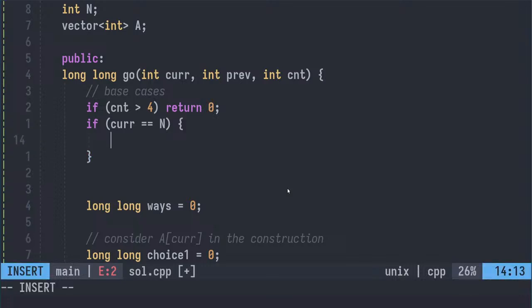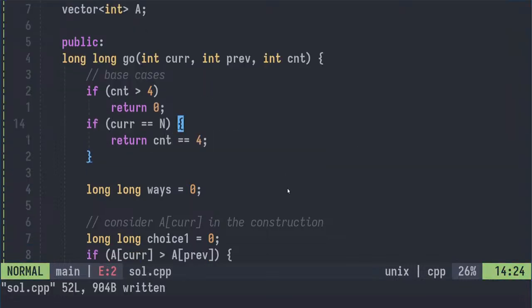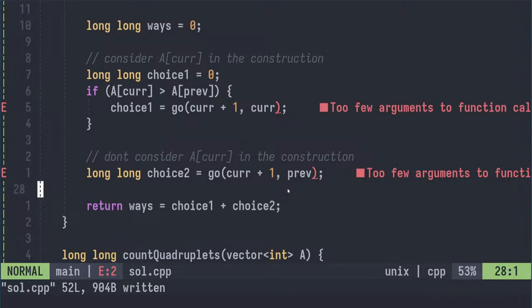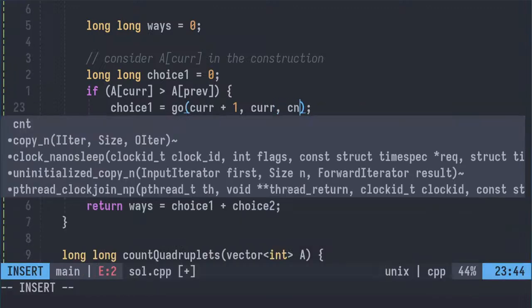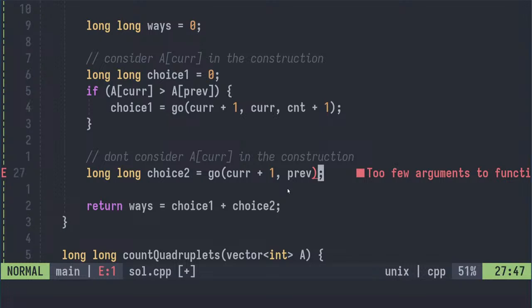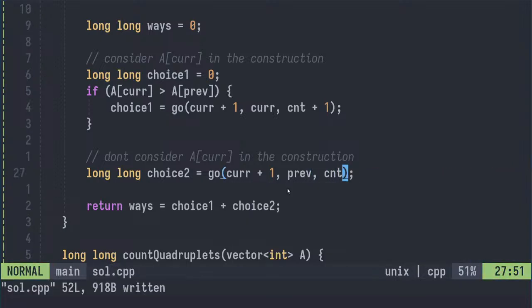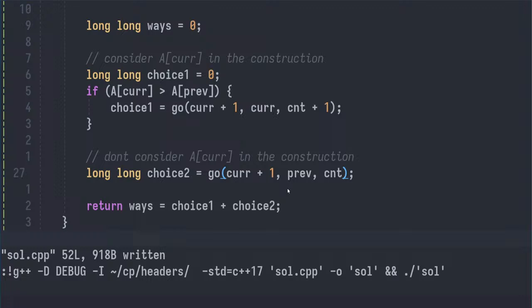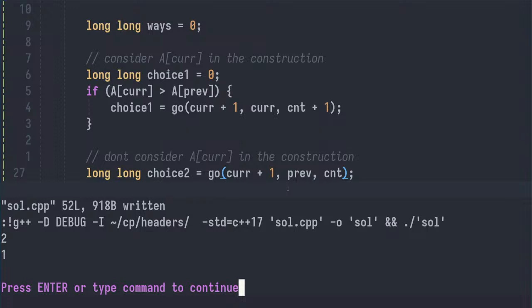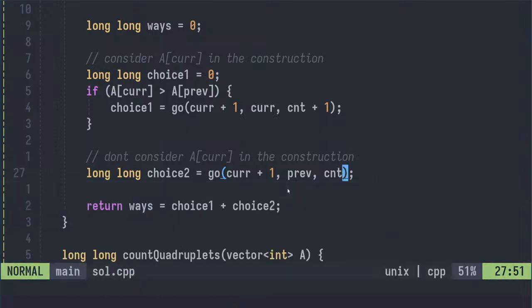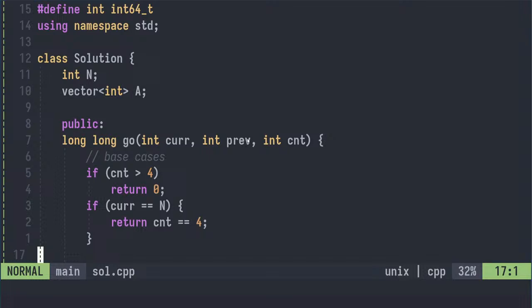And if we have reached at the end, the count should be 4. These are the cases. In this case it becomes count plus 1. In this case it remains the same because we haven't added anything. Let's try. 2 and 1. Okay, this works fine,